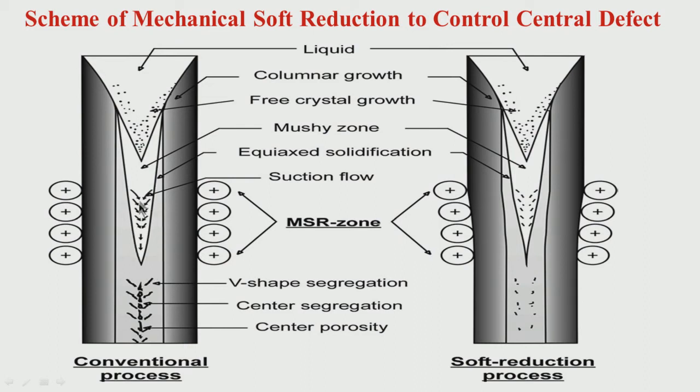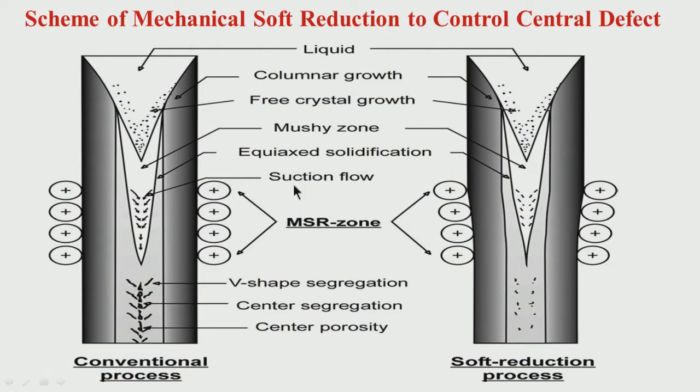So, in the central area, you are looking at the longitudinal direction. That means whether it is bloom or billet or slab, it is going like this. Continuous casting is taking place in this way, that means the direction of casting is this way, it is coming out going this way. Now look at the central area where the final stage of solidification is taking place. This is the liquid, this is the mushy zone. I have mentioned what the mushy zone is. It is basically solid and liquid. So this is the liquid, this is the mushy zone, and these areas are the solid which has already formed,